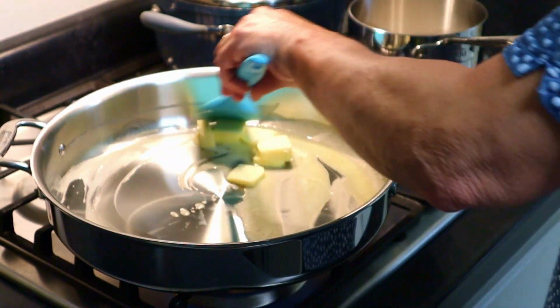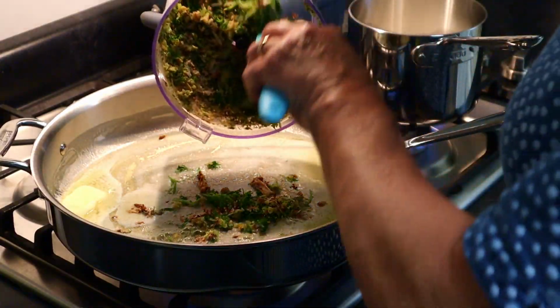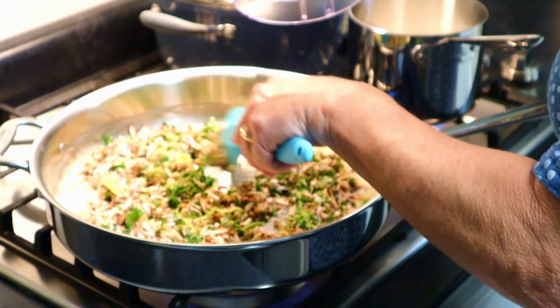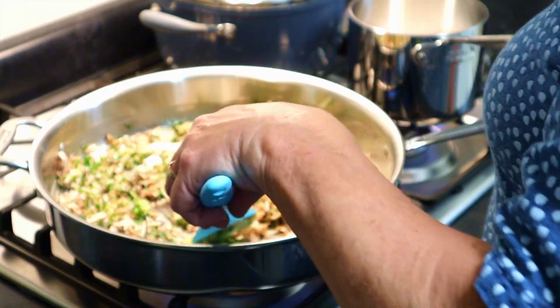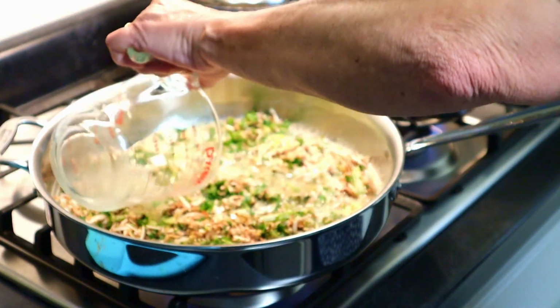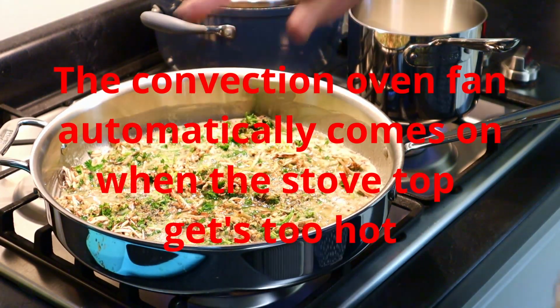So I'm just swirling it around. I don't want to burn it, so I have it on a medium heat instead of a high or a medium high. Okay, this looks like a mess, but it's really not. We're getting everything in, our mushrooms. And all we're doing is toasting everything together. We're using a 1/3 cup of chicken broth, a pinch of salt, coarse black pepper,